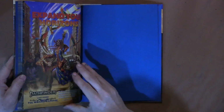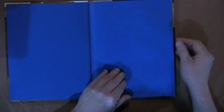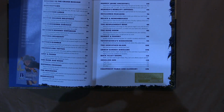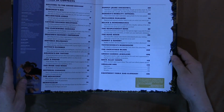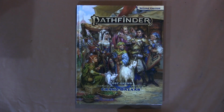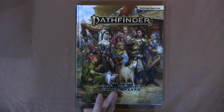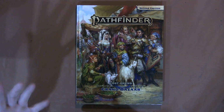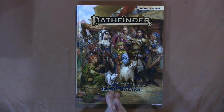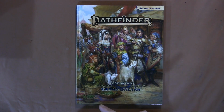One thing that I didn't touch upon, which was right before the Absalom ads, is the back alley shops. They give you 1 to 2 paragraphs on each, that's 6 pages of shops that are possible for you to explore on your own. So, like I said, I thought it was going to be a map with just a whole bunch of stores and their wares. Instead, what I find is a book full of just hidden little gems about the city of Absalom, and if you use it properly, it is going to be key for you as a GM to many